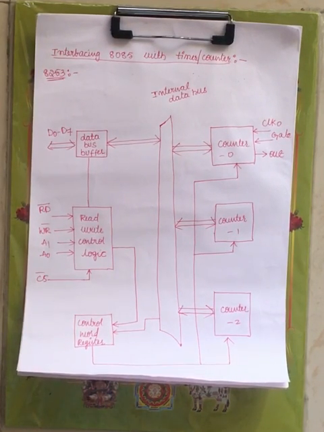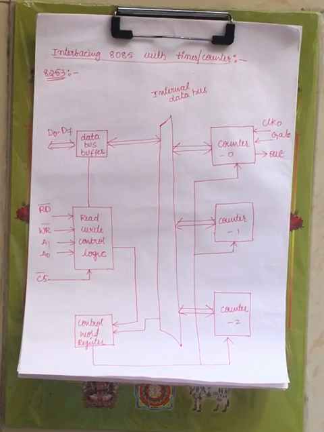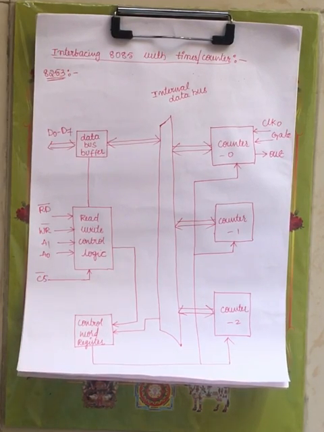What is timer, what is counter, we have seen under the basic microcontroller, that is 8051. Timer provides the delay by counting a number of events. Counter is used to count the external events. Now these two operations can be performed by a single device, which we call a programmable interval timer, whose number is 8253.